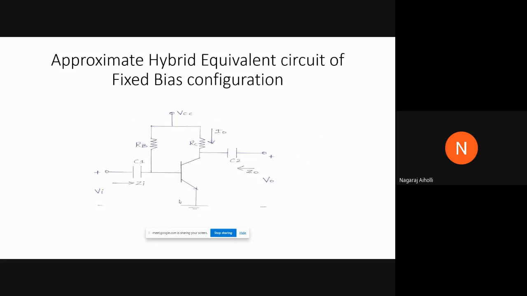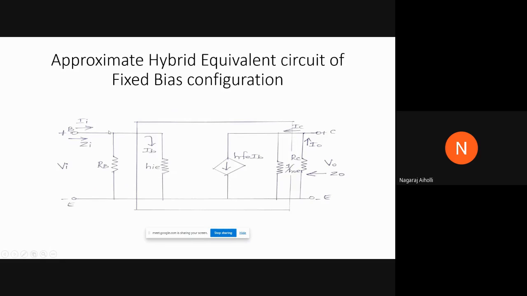We have resistance RB. How will we get the AC model or the RE model? The AC model we get by grounding the VCC. We are grounding the VCC source, correct? When we ground this VCC source, this resistance RB will come in between base and ground. Therefore, RB is connected between base and ground, or base to emitter here,